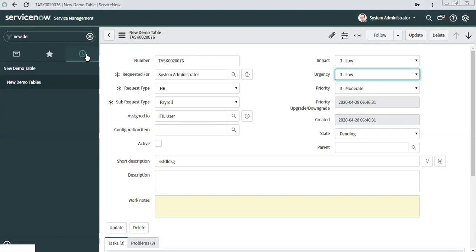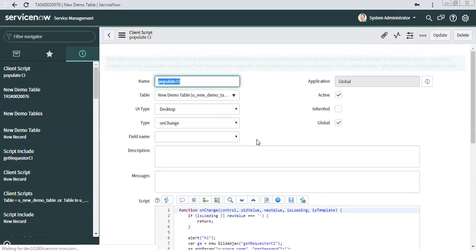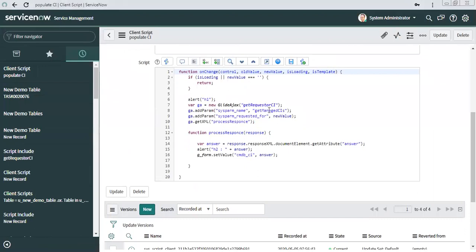Am I making any mistake? Right, this script. So this is fine. This is fine. Param requested for. This is param. And this is param. This is param.